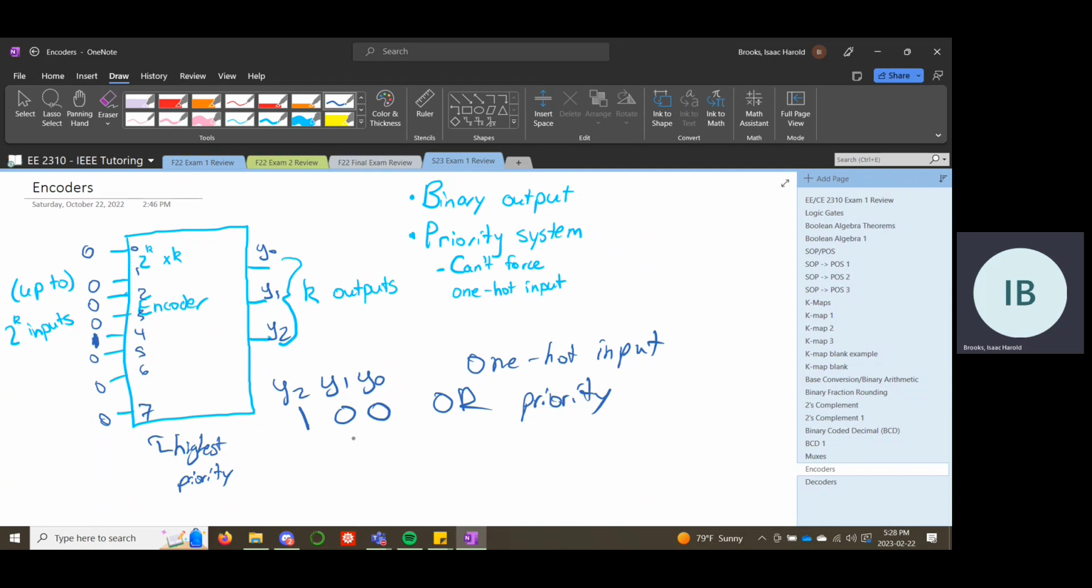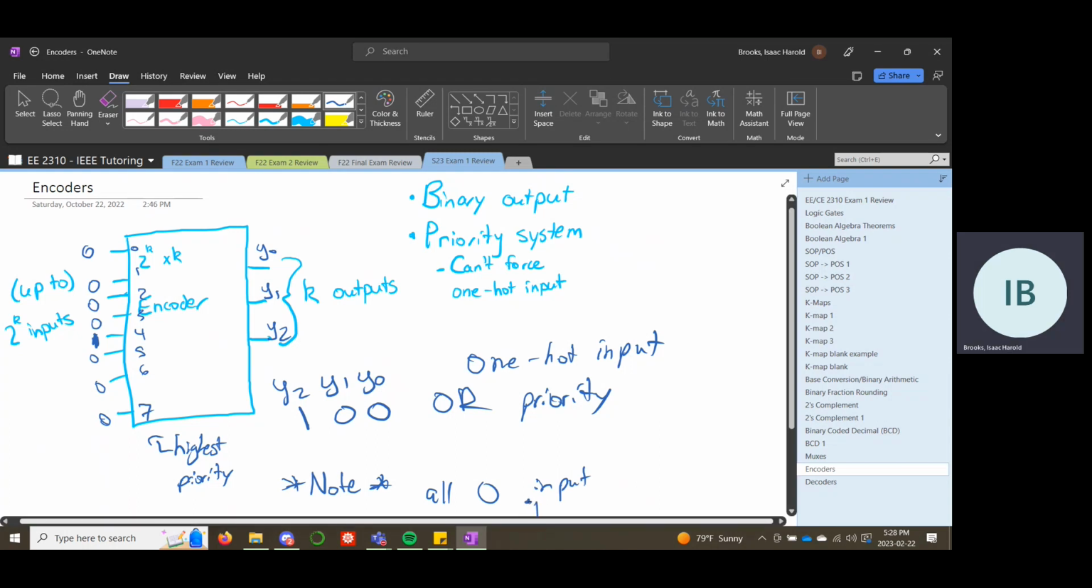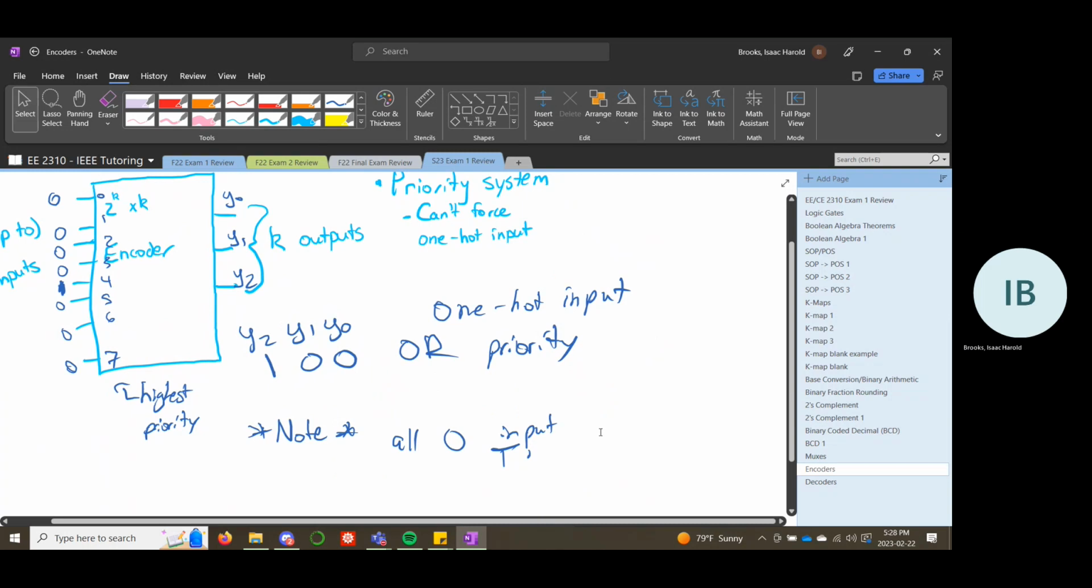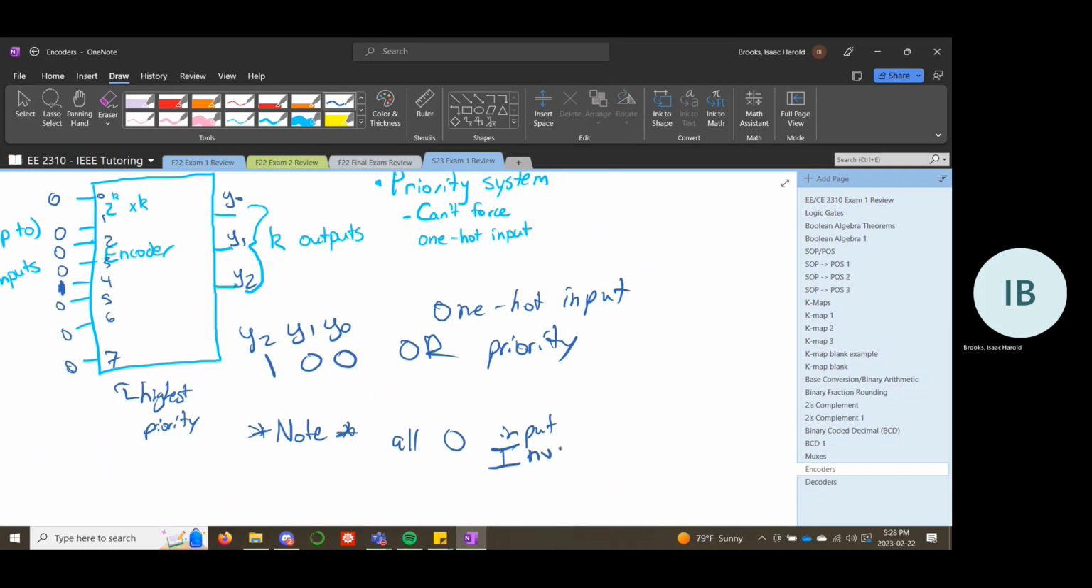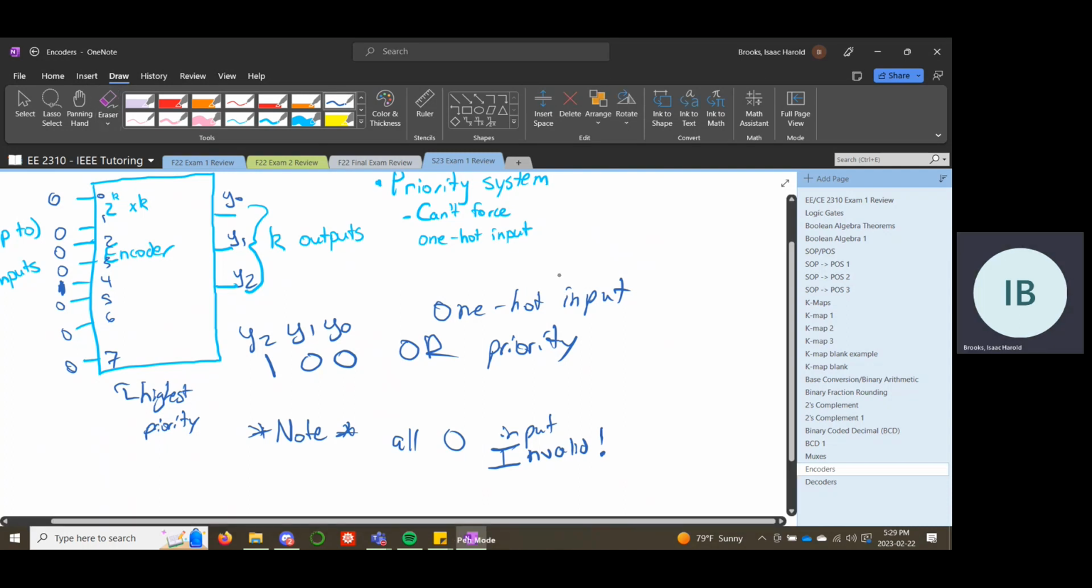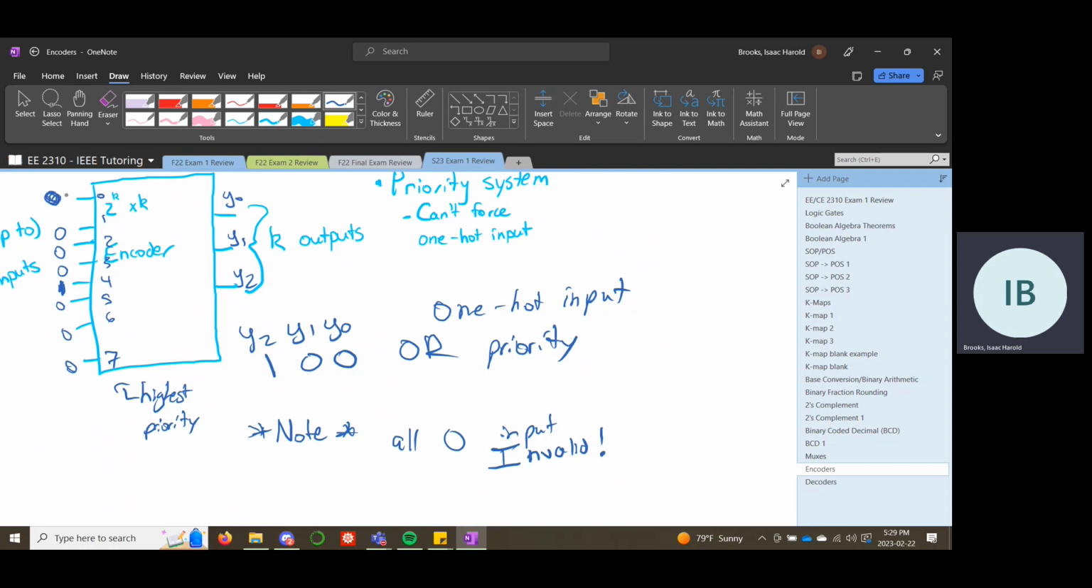Now, what encoders don't handle well is if your input is all zeros. So that's one thing to note about encoders. If the inputs are all zeros, that's considered invalid. And the reason is, say we were coming up with some system where we're mapping these inputs. We're basically detecting which of these is high. I'm trying to remember what the physical example was that we did, but